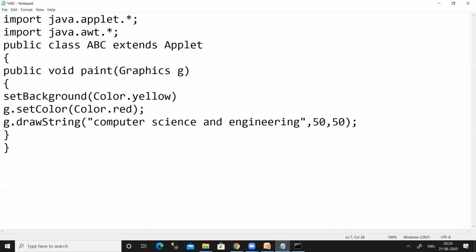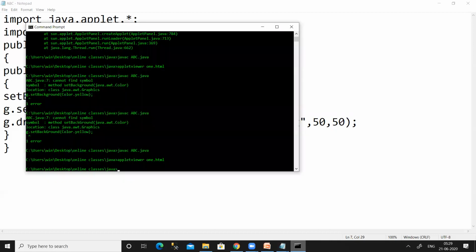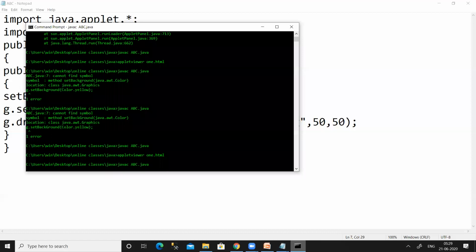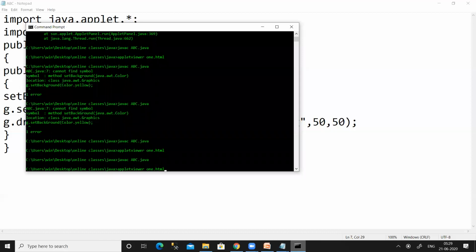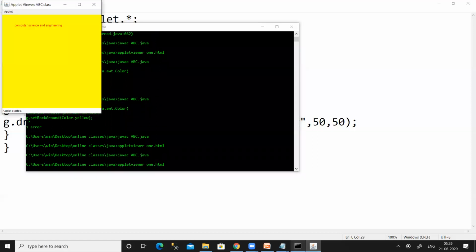So I have used a method called setBackground, and I have passed Color.yellow. Now save the program, compile the program by using javac, and then run the program by using appletviewer with the html file.